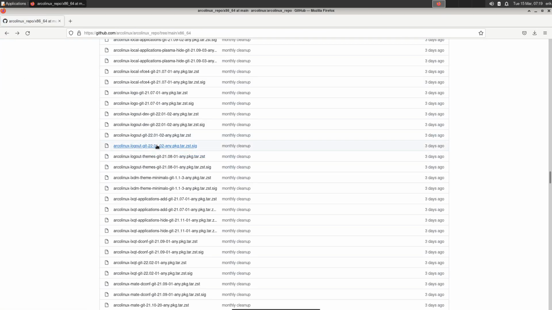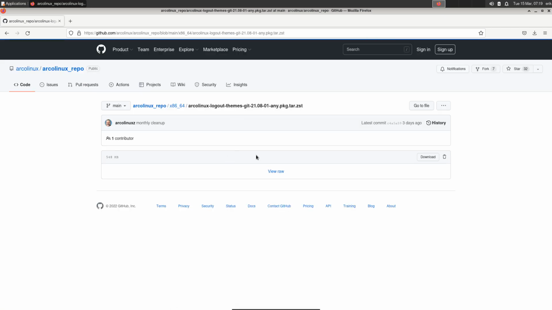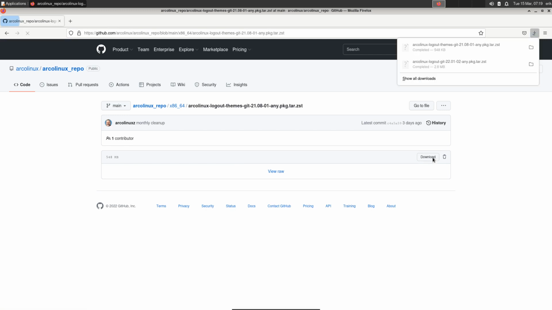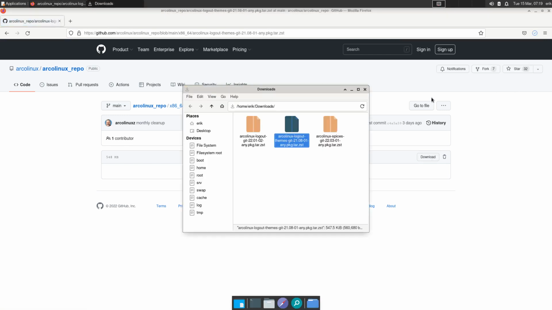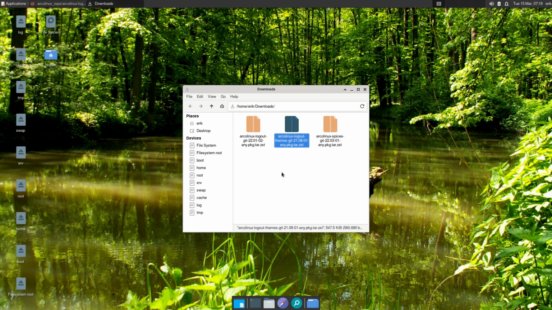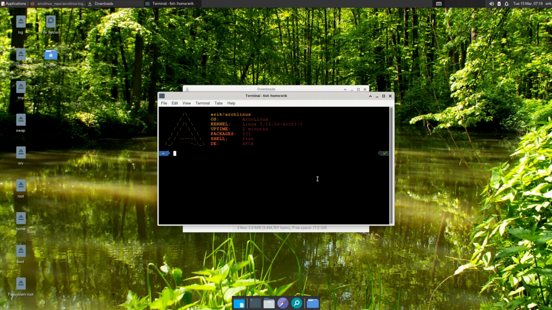And there's also, I like the themes very much, so logout themes, that's another one. Okay, download. Both of them are here. The Spices can go. The Spices is an application that we've developed where you can get our repos in. So this is pure Arch. I see I've already changed to fish and changed the prompt there. But the thing is,